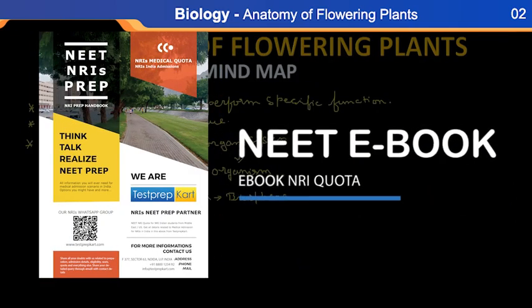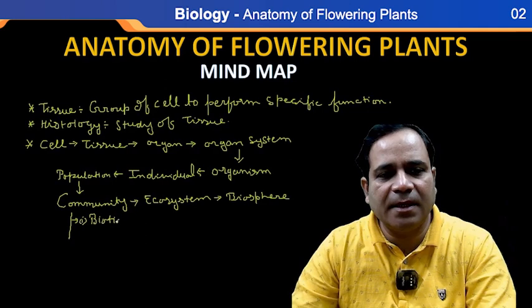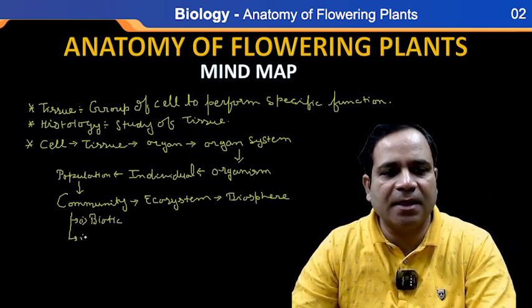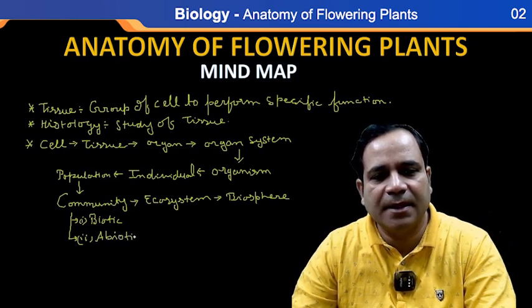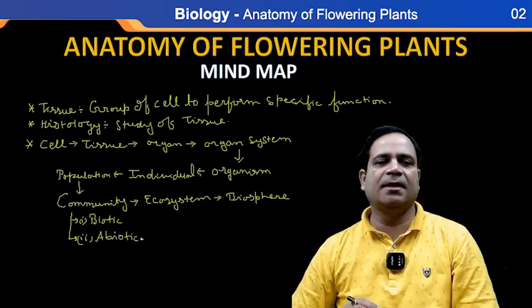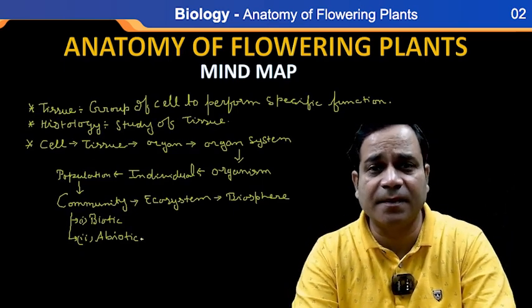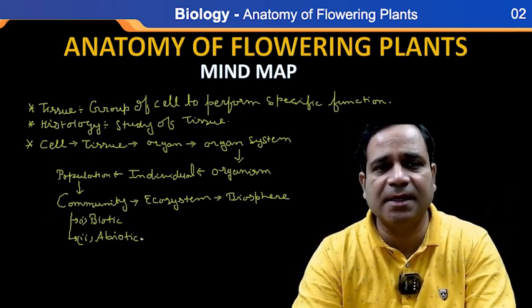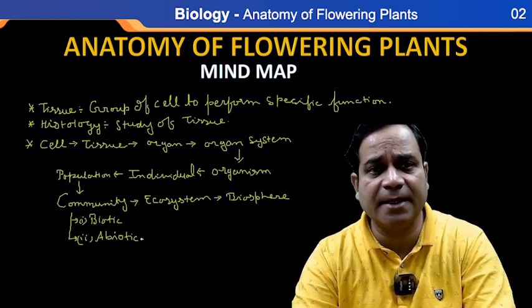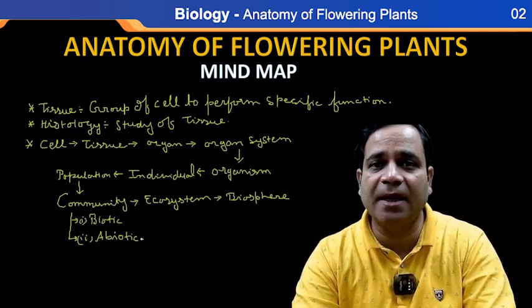And you all know that community is of two types. One is biotic community, and another one is abiotic community. Getting my point? Again, see. If anybody asks you how tissue forms, then you say a group of cells. Whenever a group of cells performs a specific function, then it is known as tissue, my dear. So when the tissue is organized together, then it forms organ, then organ system, then organism,